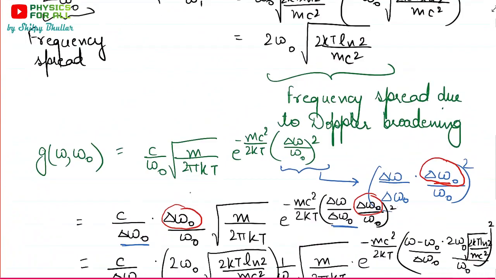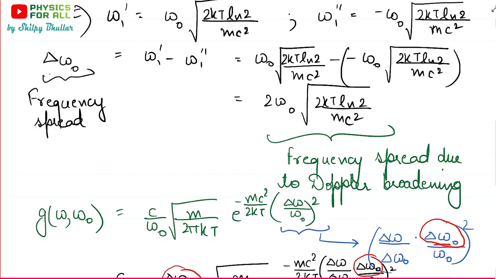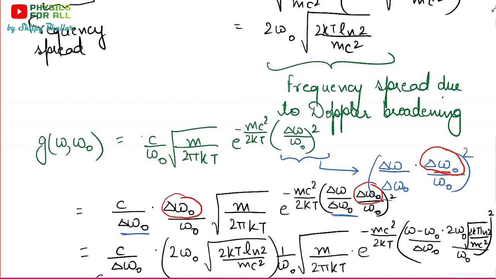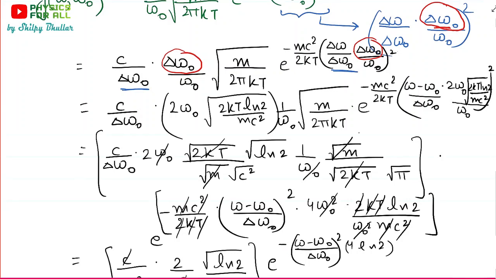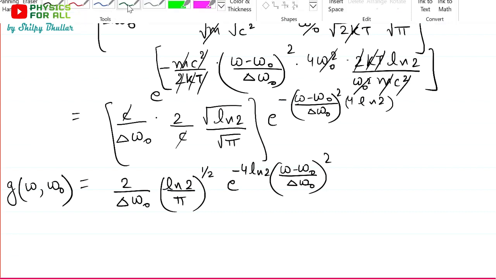Remember, we substituted only for delta omega naught, and we have deliberately introduced delta omega naught because we only knew the value of delta omega naught, but in the expression of g omega omega naught we didn't have delta omega naught. We either had omega naught or delta omega, but we don't know their values. We only know delta omega naught. That's why we multiplied and divided the whole term here and in the power of exponent with delta omega naught, and we have made the substitution only for the delta omega naught which is in the numerator, and we have left the denominator as it is, otherwise it would become too complex. So we have obtained this final value of our line shape function,